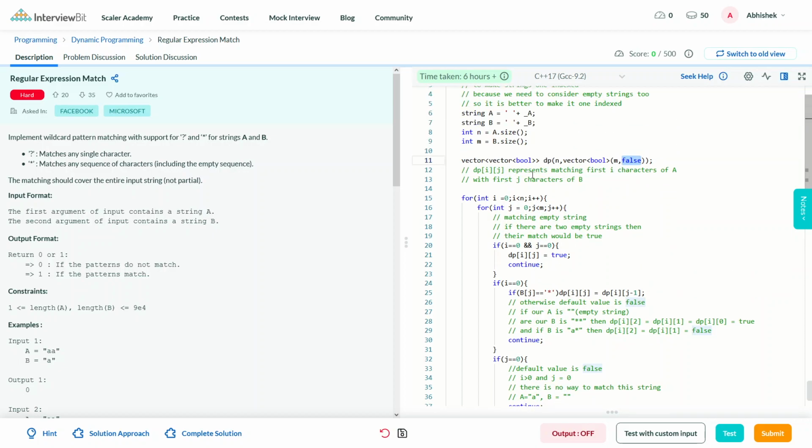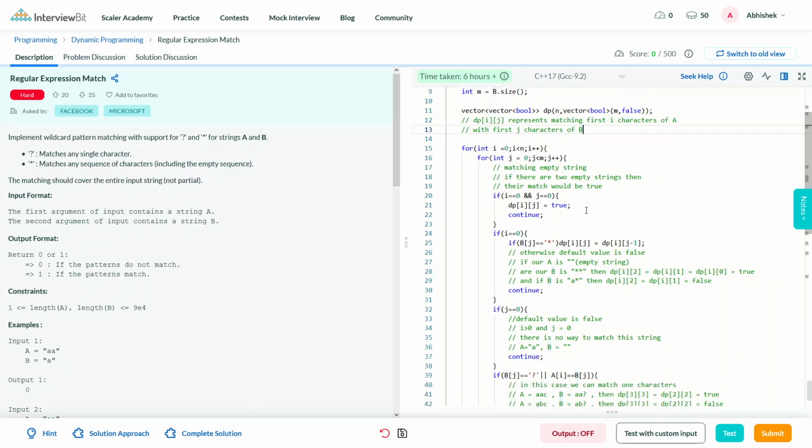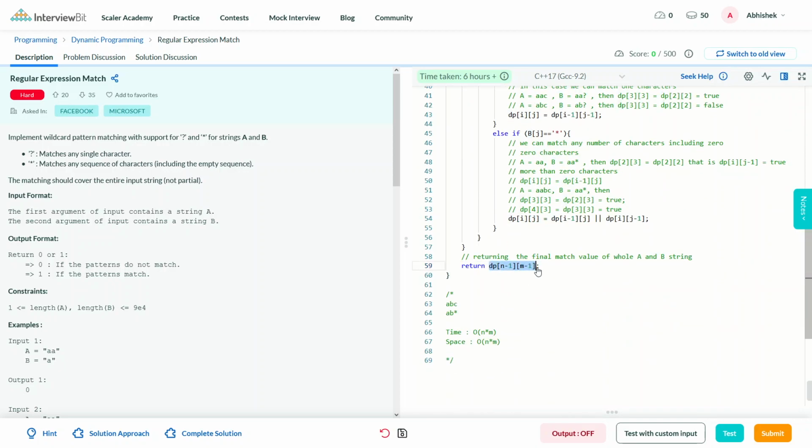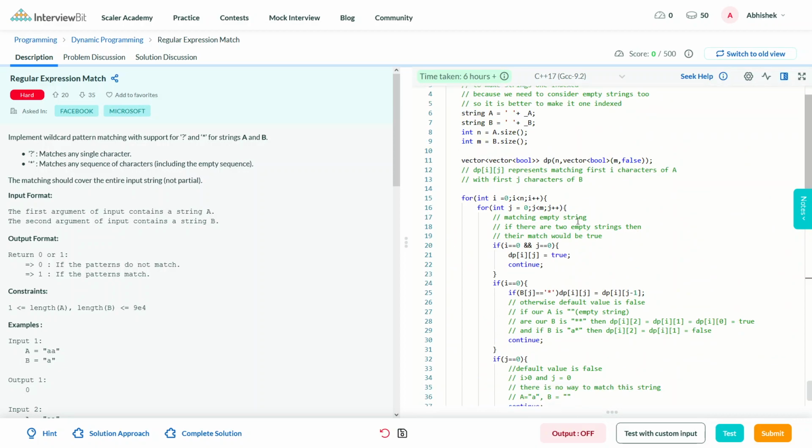So what does dp[i][j] represent? dp[i][j] represents matching the first i characters of A with the first j characters of B. Finally, we need to return dp of n minus 1 and m minus 1, that is the final match value of the whole A string and B string. There are some cases in this, so let's have a look at them one by one.